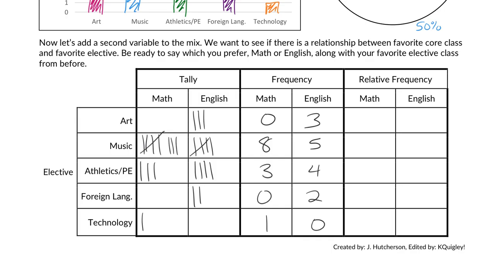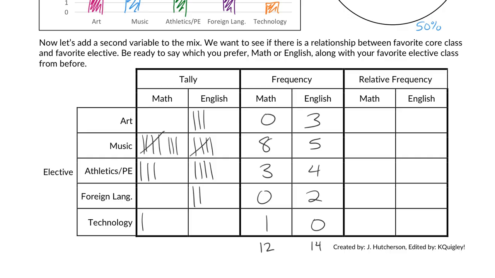Now, as we go to do the last column here, we have our frequency distribution, and we need a relative frequency distribution. This time, when we're comparing parts to wholes, we've split our responses by 2 other variables. So I'm not going to divide all of these things by 26 for the 26 responses. I'm going to have to add up all of the maths and all of the English and use those as my denominators or my totals. So in total, how many people picked math as their favorite subject? 12. How many picked English?